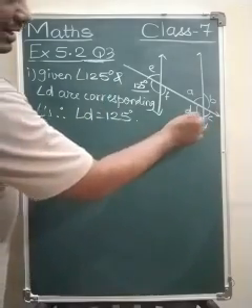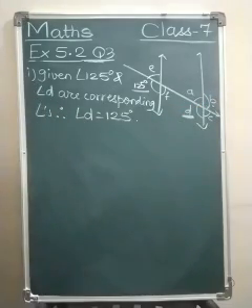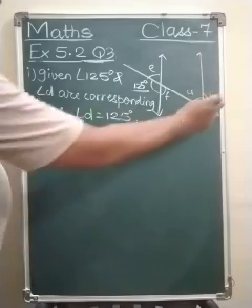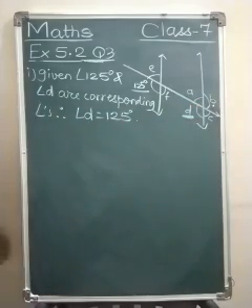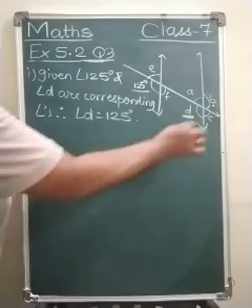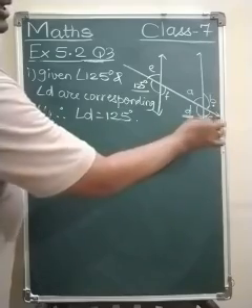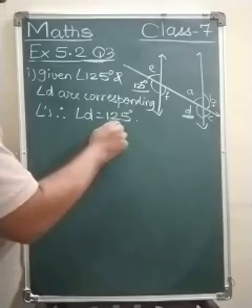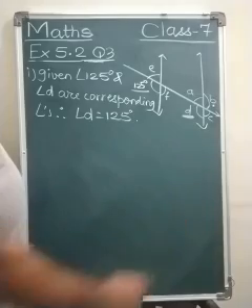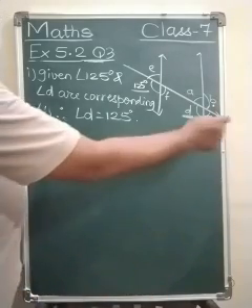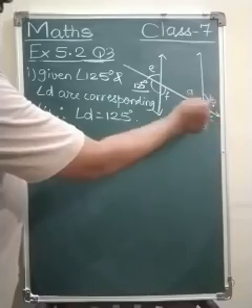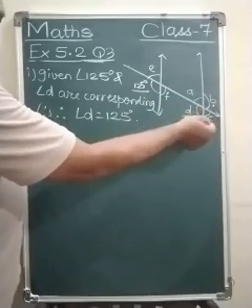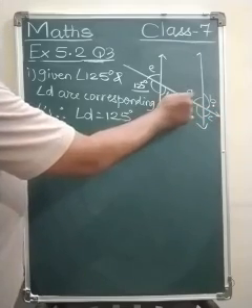Now you can see angle D and angle B, they are vertically opposite angles. So B and D are equal, so B is also 125 degrees. Now you can see that D and C are forming a linear pair. Linear pair means they are supplementary. So 180 minus 125, you will get C. Once found C, C and A are vertically opposite angles, so the measure of A will be the same as the measure of C.